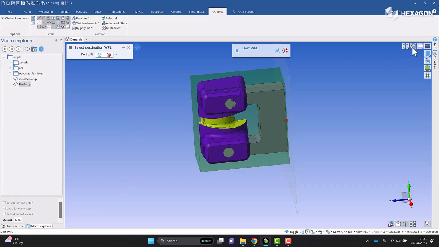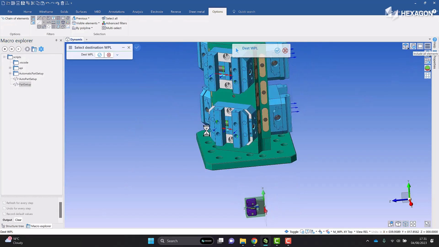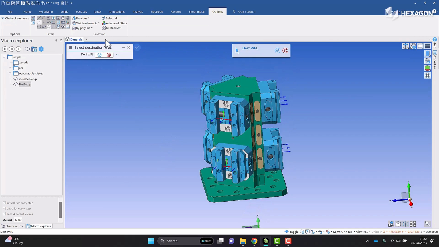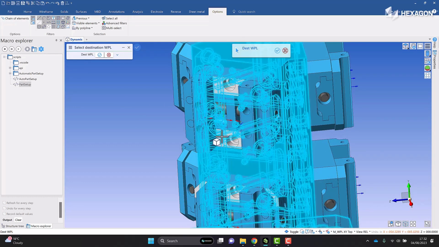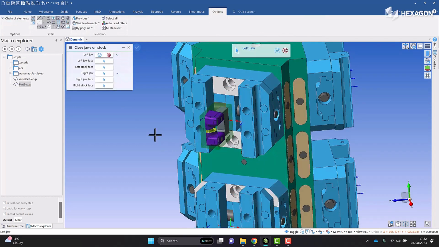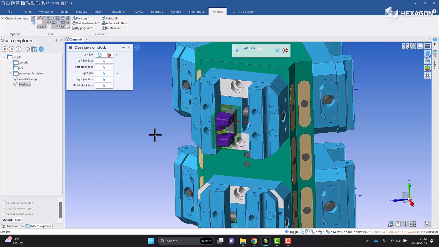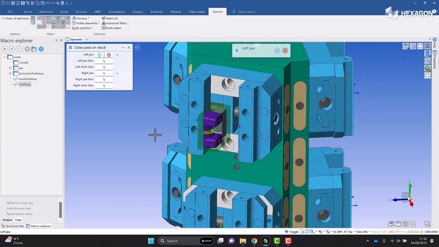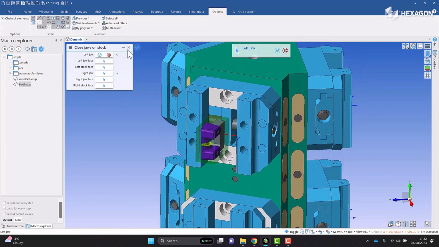Let's go back to my Macro Explorer and my full window, and we can see what the custom workflow is requesting of me, and that is to select a destination work plane. So I'm going to zoom into this clamp here and select the center work plane. You can see immediately the part is positioned in the correct location, and now I have another custom command which